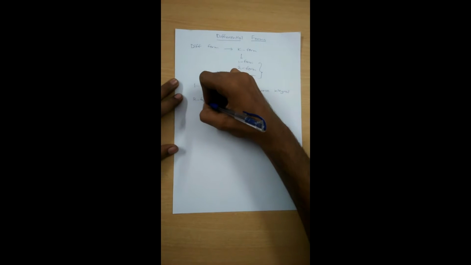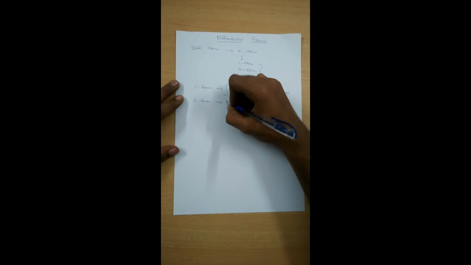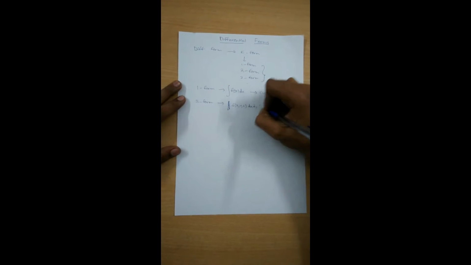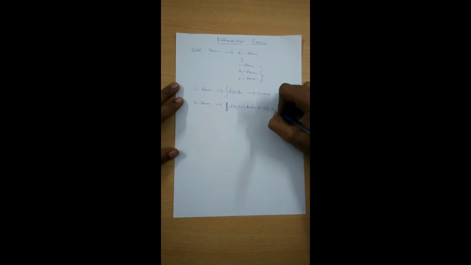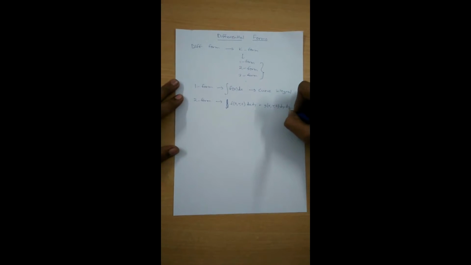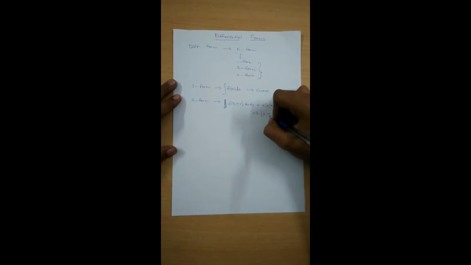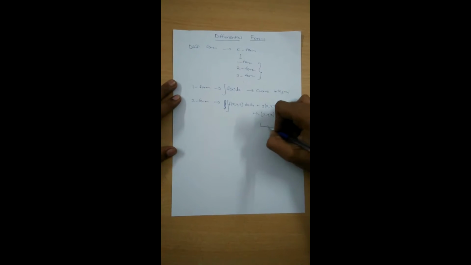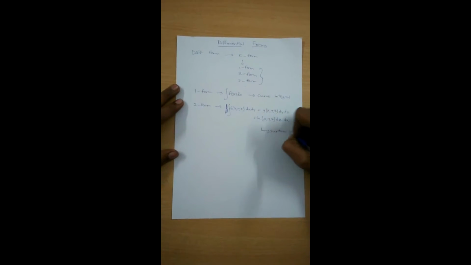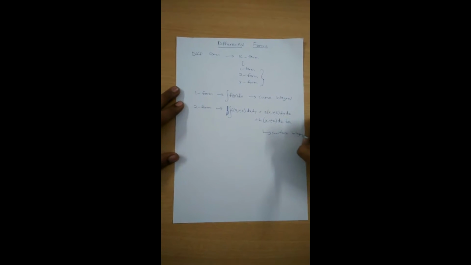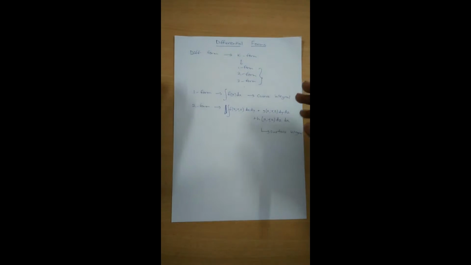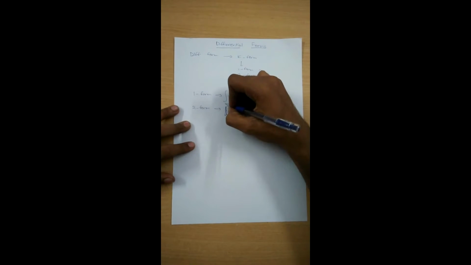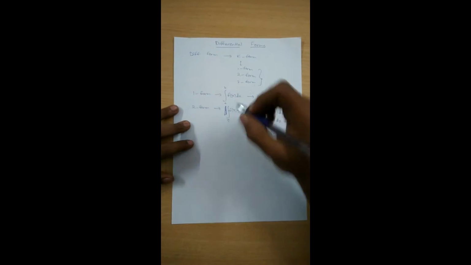An example of a two form differential form is f of x, y, z into dx dy plus g of x, y, z into dy dz plus h of x, y, z into dz dx. Integration over this gives something called a surface integral, which gives the overall surface covered by the function, and this is done over a surface.